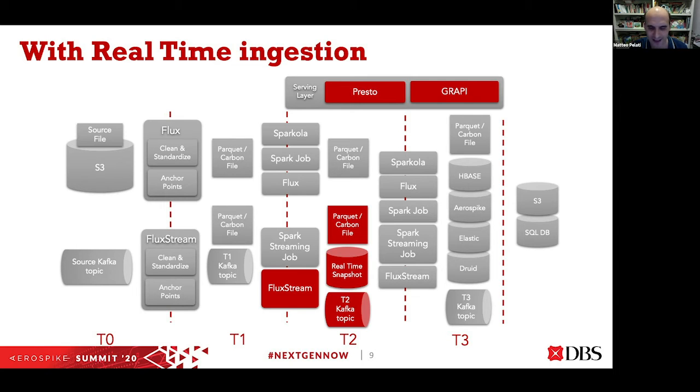But where it gets interesting is from T1 to T2. This is where we do what I called before the projection. So we take all the events and we project them into what we call a real-time snapshot, okay? And at the same time, we forward the data to a different Kafka topic. And keep in mind also that we are not storing the entire history in our snapshot, but we have basically a parallel